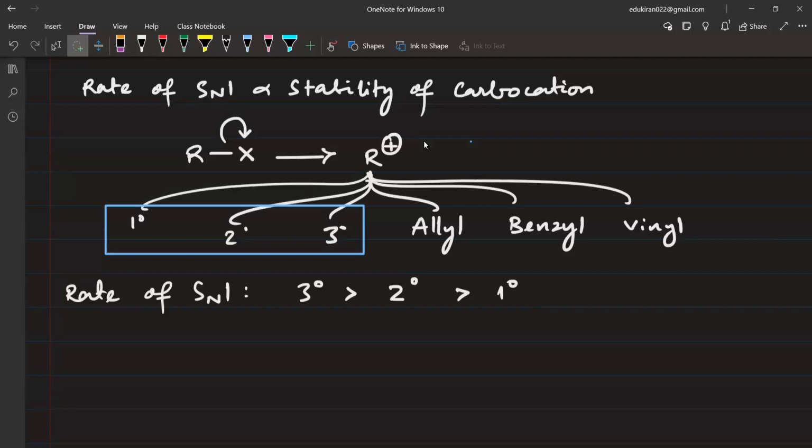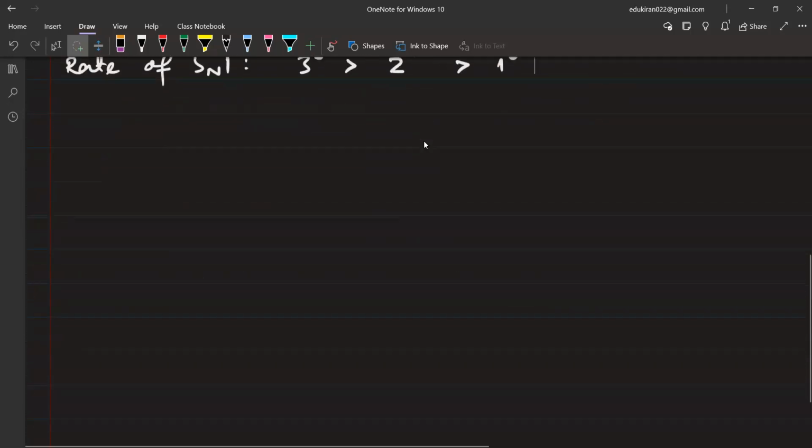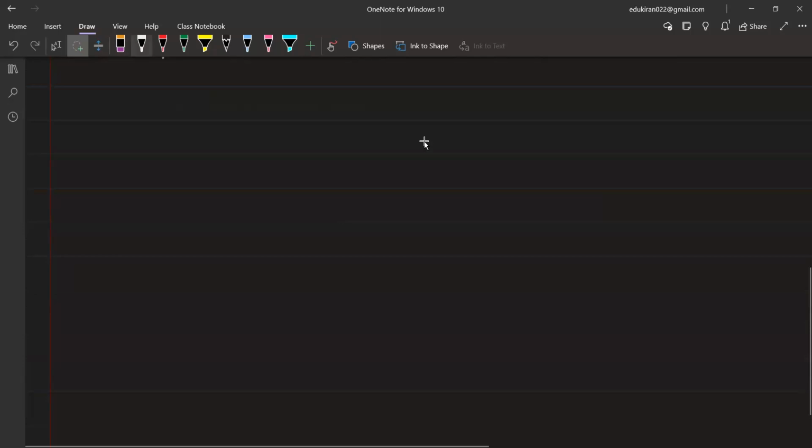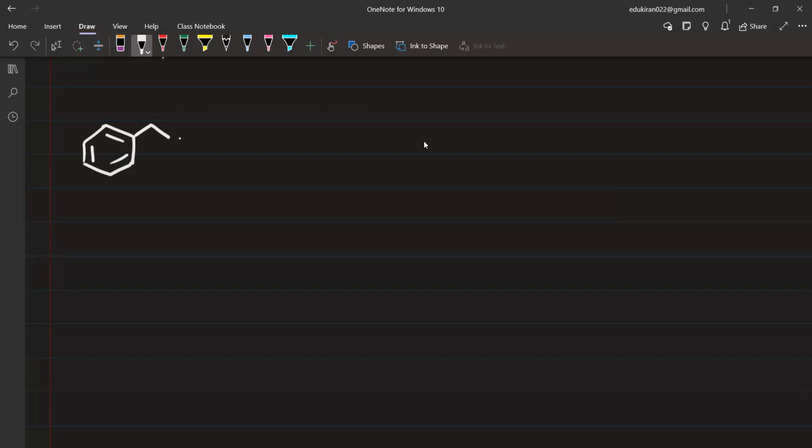Then we have a few special cases: allyl, benzyl, and vinyl. We are going to look at these individually. Let us look at benzyl carbocation. So when you have benzyl carbocation, you'll have a benzyl halide also. And benzyl halide is not a halogen atom directly attached to benzene, rather it is a CH2 carbon that is attached to a benzene ring. Now, if we remove the halogen atom from here,